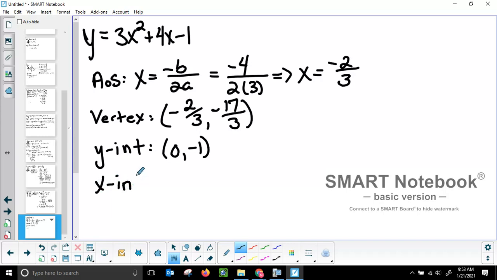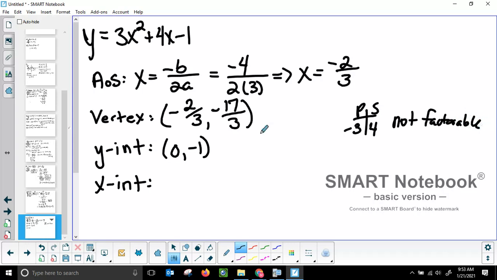X-intercepts, if we can factor, that's the best. So we'll see if we can factor over here. I'll do my trash can method. A times c is negative 3, b is 4. All right, so are there any numbers that multiply together to give me negative 3 but add together to give me 4? Let's see. Nope. That is because it would just be negative 1 and 3, which would add to 2, or negative 3 and 1, which would add to negative 2. All right, so this is not factorable,